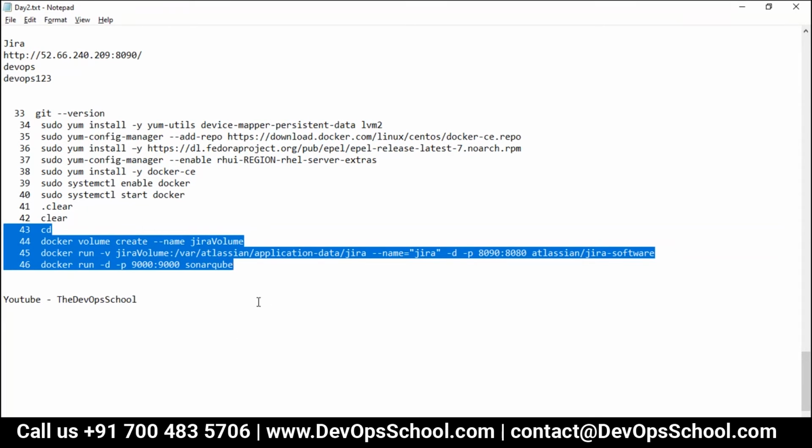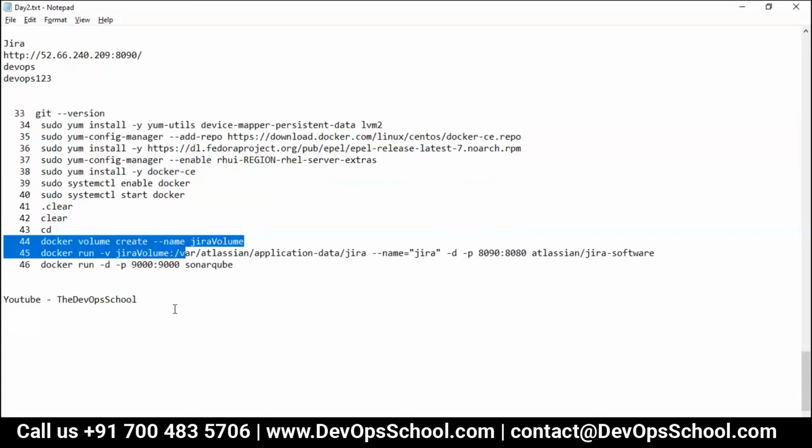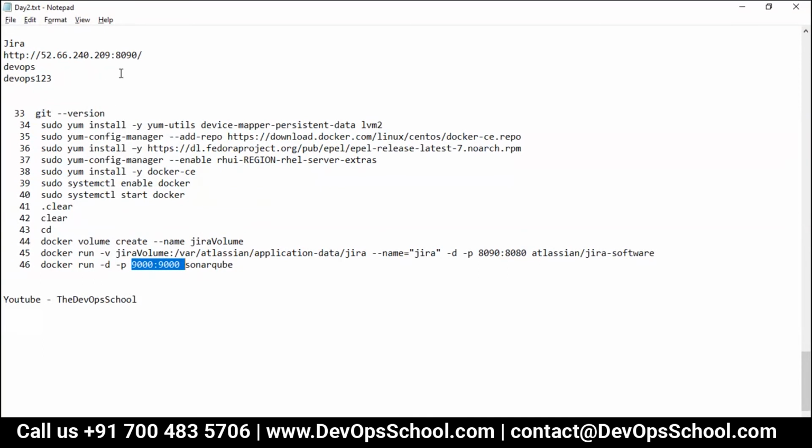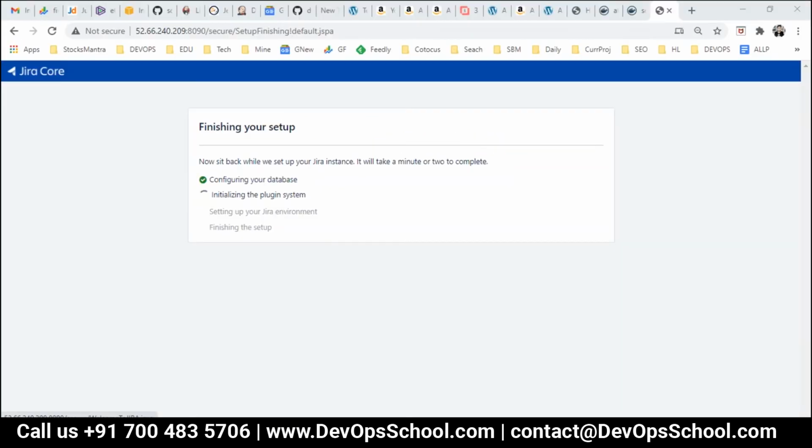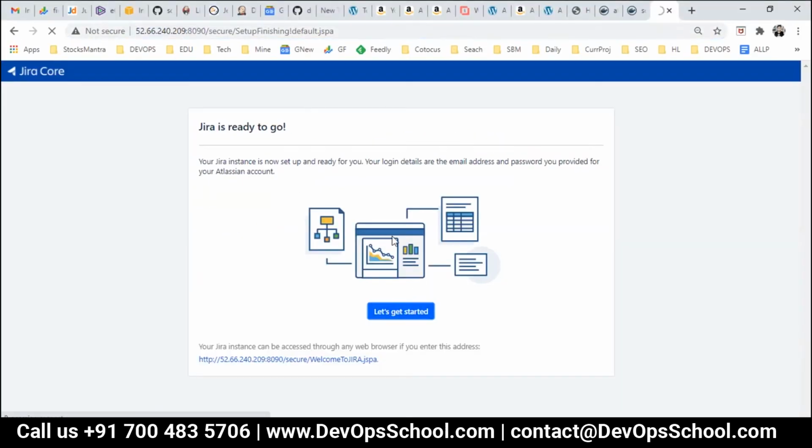Yeah, so here I did run Jira and then SonarQube. Jenkins, Jira is ready anyways. And here we have to create a project. Let me create a first project.